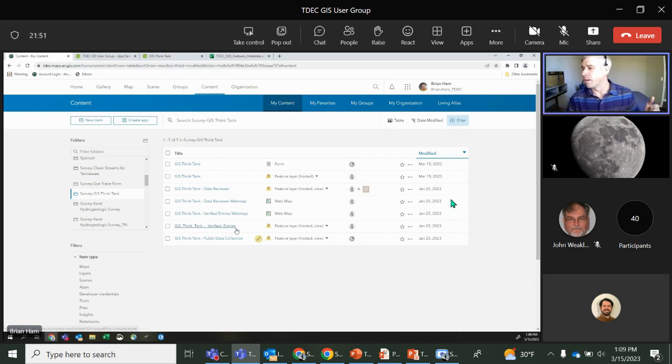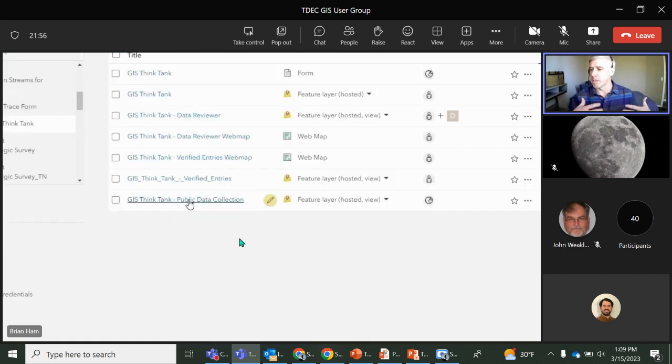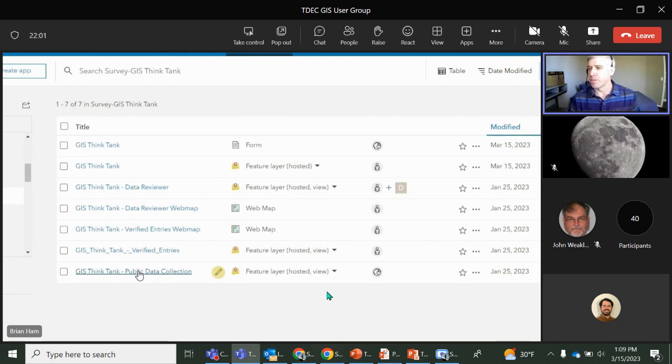And then we also have a view that's specific to Survey123 in that public data collection. This comes as default when we're generating that. I'll show you exactly what this looks like in the beginning, and you'll see how that progresses through. We've also created a new web map for that data reviewer to use in evaluating those initial submissions. And then we've created another web map for those verified entries, so that anything that's already been reviewed by that data reviewer and approved for submission will show up in this web map,